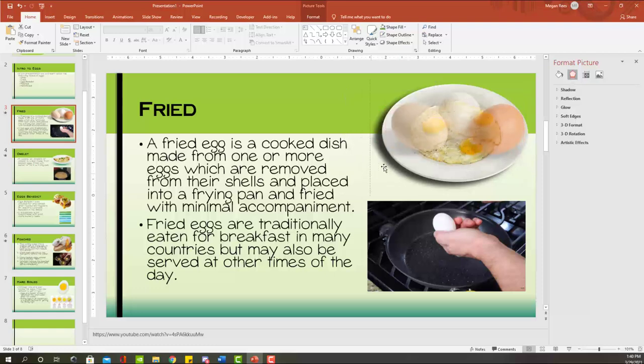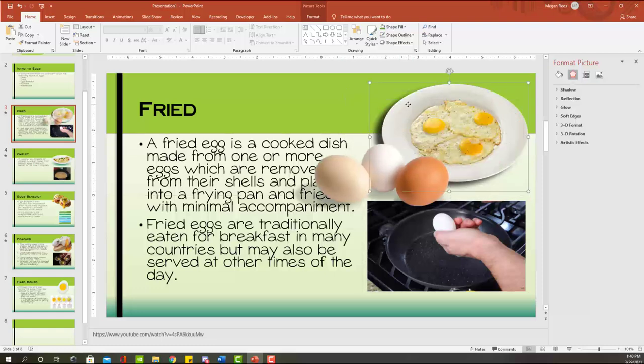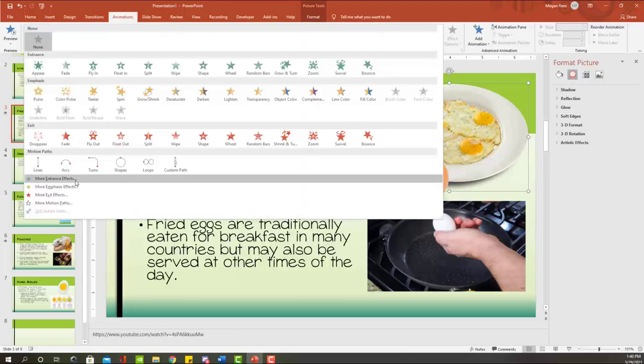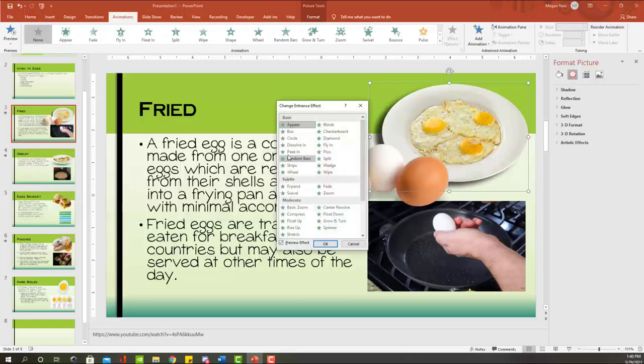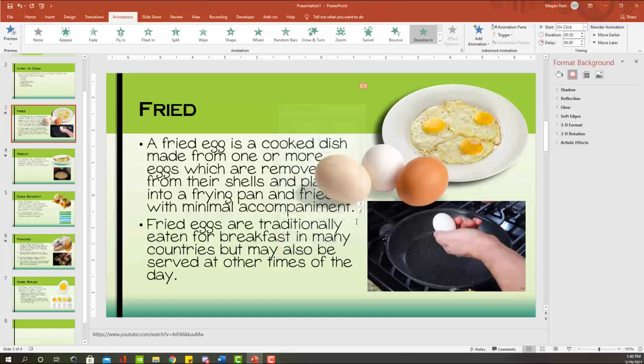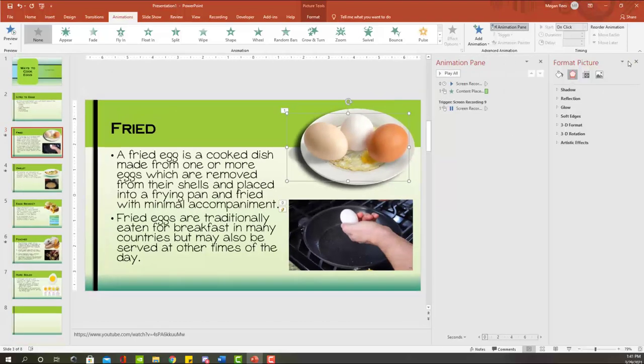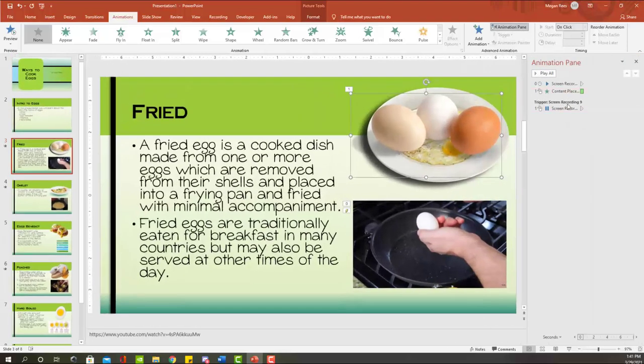Okay, and then I'm going to animate this picture. So I'm going to go to animation, and I'm going to do, let's see what's in here. Dissolve in. I like that idea. I like that. Okay, so I'm going to dissolve that in. And then this is going to be my trigger. Okay, so I'm going to go to my animation pane. Okay, get rid of that. And I'm going to add,